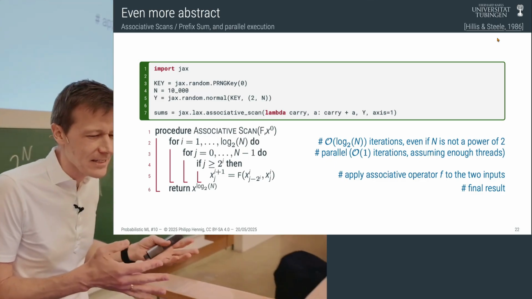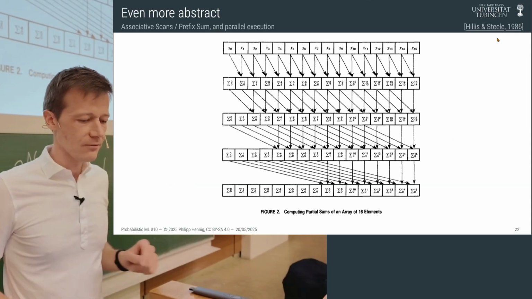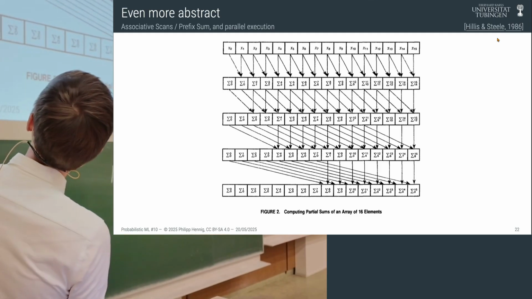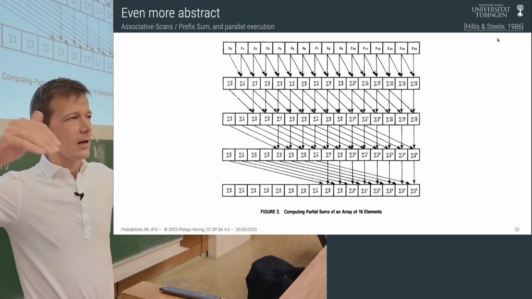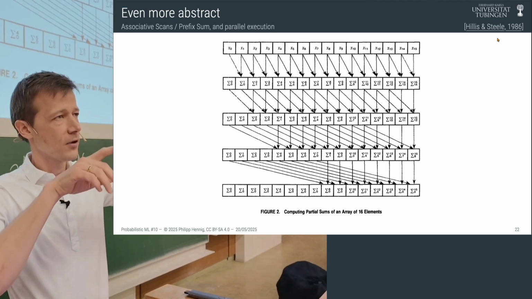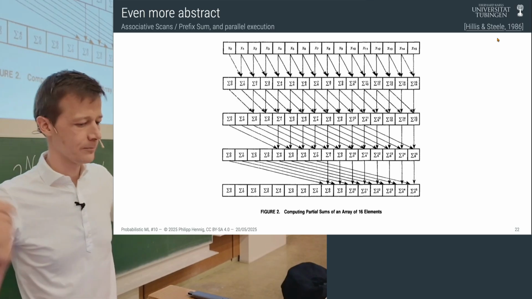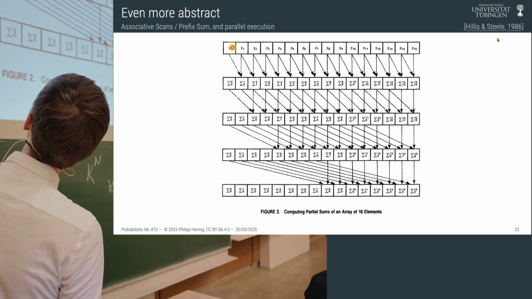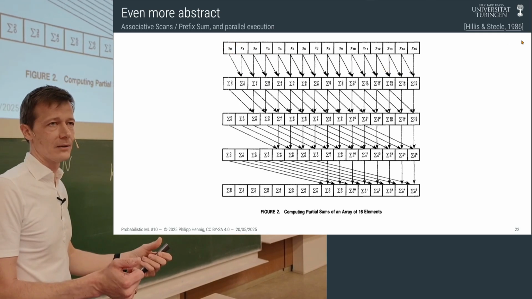It's not exactly easy to understand what it does if you just look at this equation. So there's a picture from the original paper that I literally copied out. So the idea is that imagine you have hardware that can do many things in parallel. Let's assume we have enough threads available that we can have one thread for every element in the array. That's just for theoretical assumptions. That makes it easier to think about. Then what we can do is a parallel pass initially that does these local pairwise sums all at once in parallel.